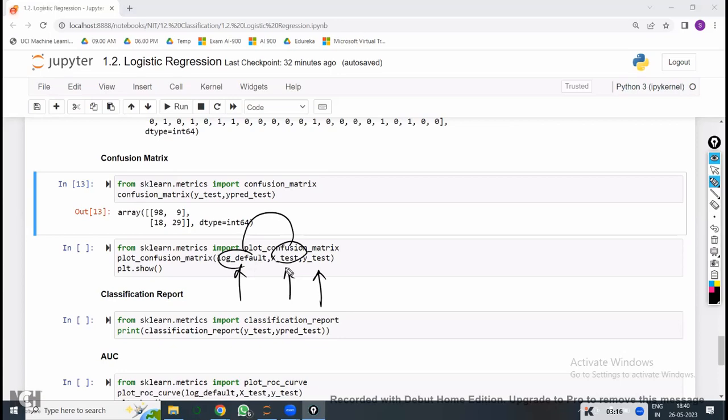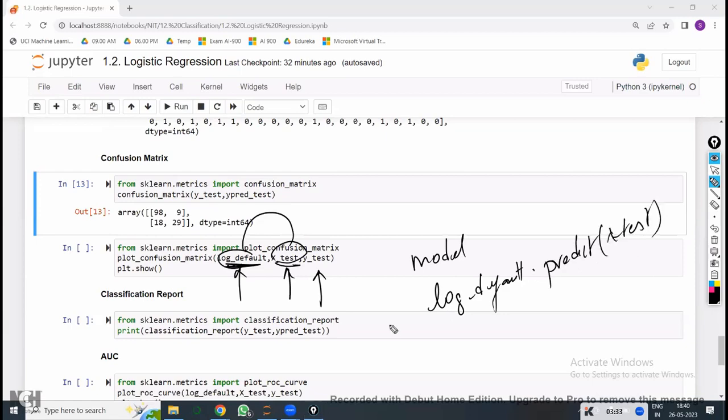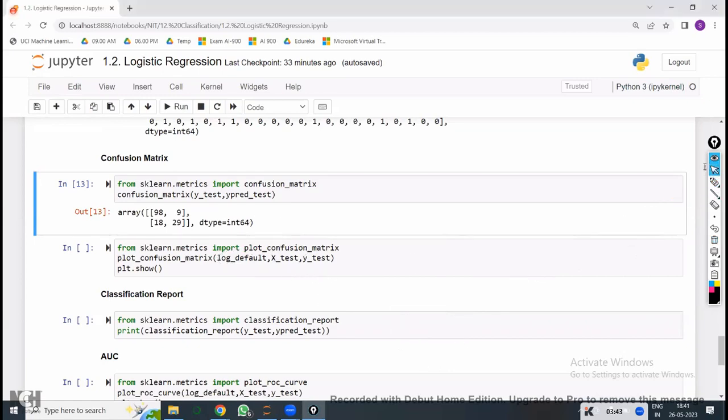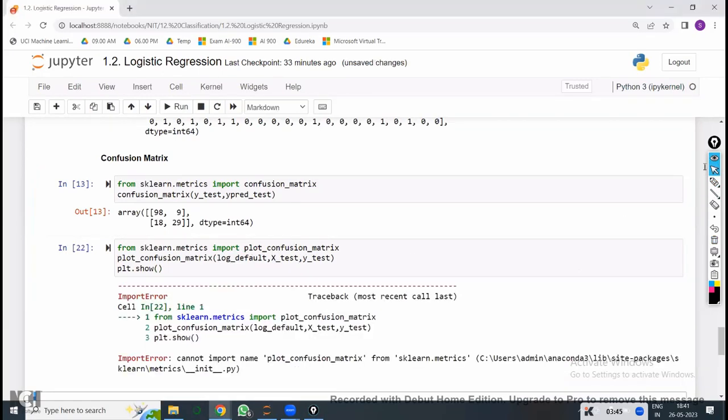After predicting the values, it will use this X_test. What is the model name? log_default. Using log_default.predict on X_test, it will calculate the values, and these values will be compared with y_test. In the backend, it does that, and I am going to get the plot confusion matrix like this. Now here, plot_confusion_matrix